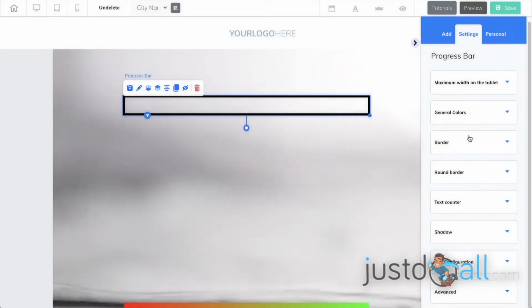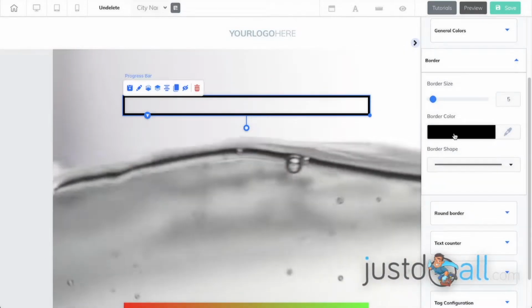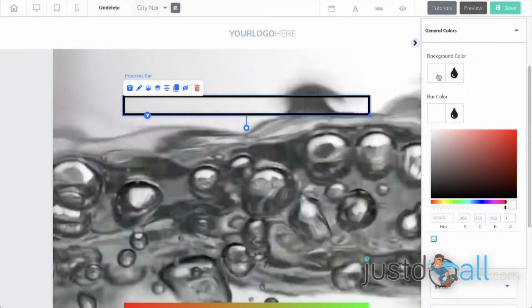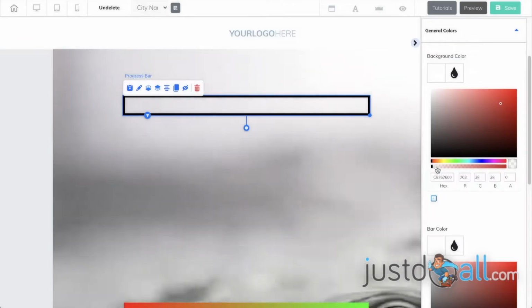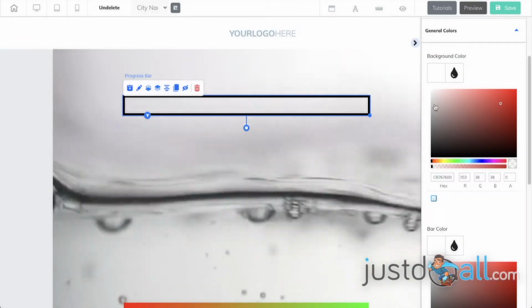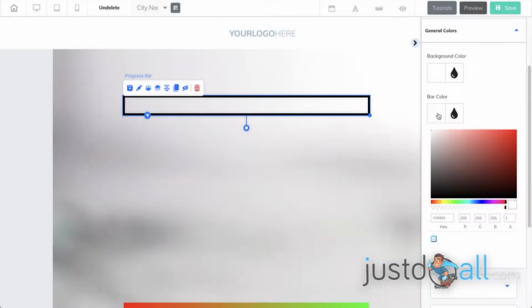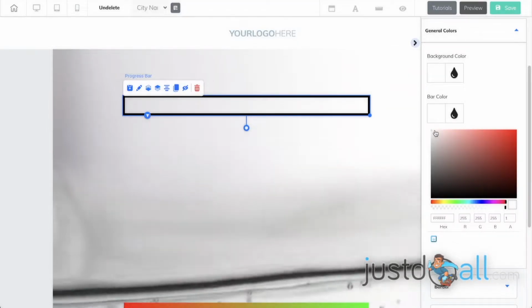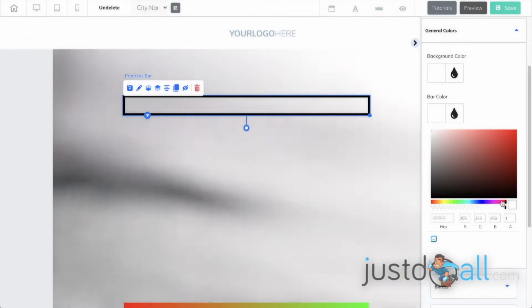And for the colors, I've chosen not the border, but general colors. The background color is transparent, so you see here I put opacity at 0. And for the bar color, it's white or any other color that you want with full opacity.